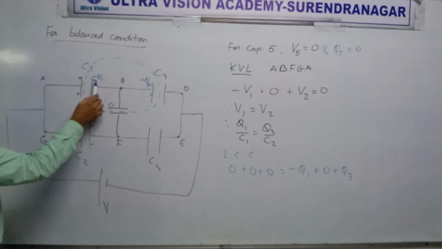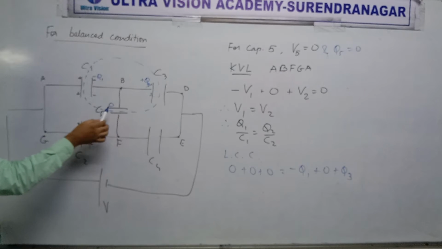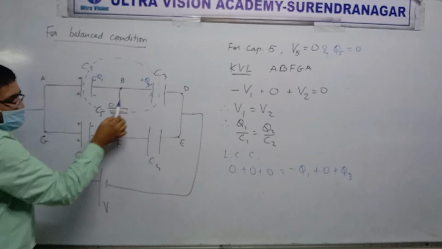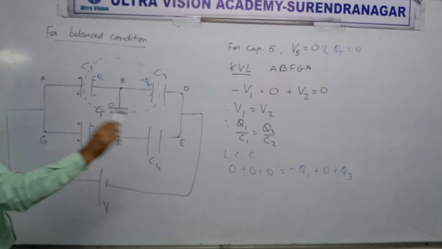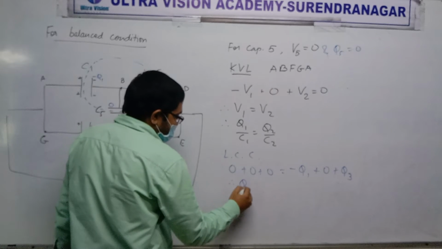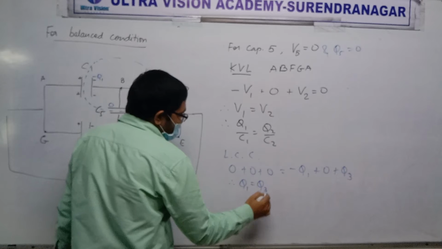First here 0, here 0, here 0. Yes or no? Yes. And nothing was connected. Then here I did minus, here plus, here 0. Got it? Law of conservation of charge: total initial charge is the same as total final charge. That's always with that. Q1 is equal to Q2.